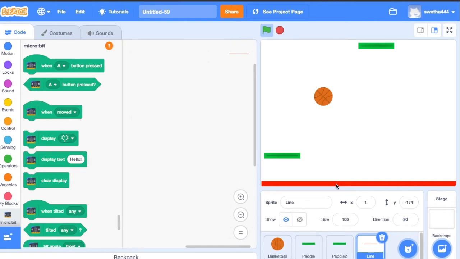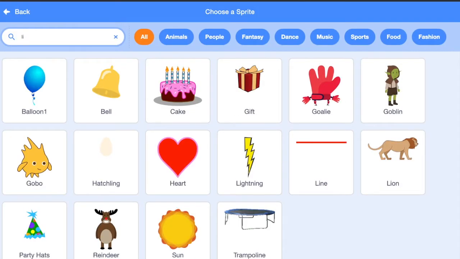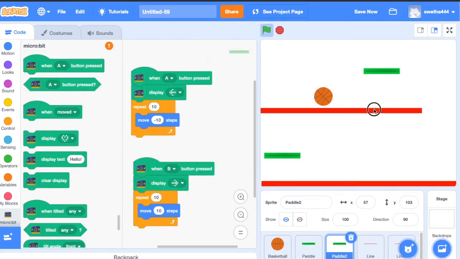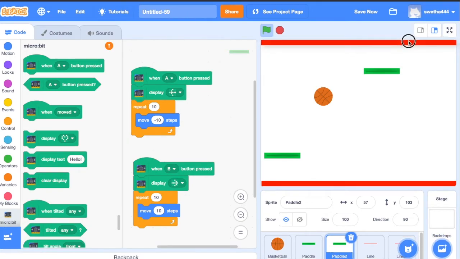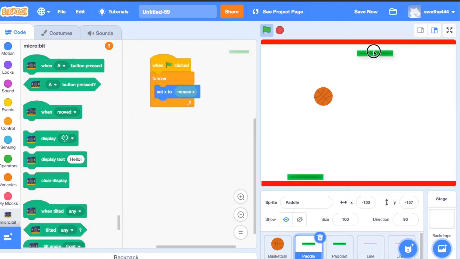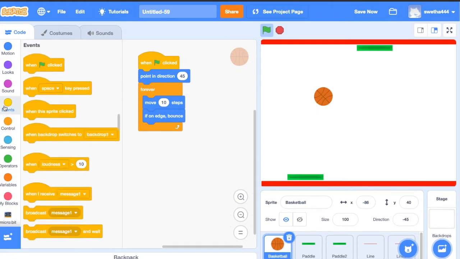So we need line for both sides. So I am choosing one more sprite, line, since it's a multiplayer game. Okay, click on ball. Now let's start coding.